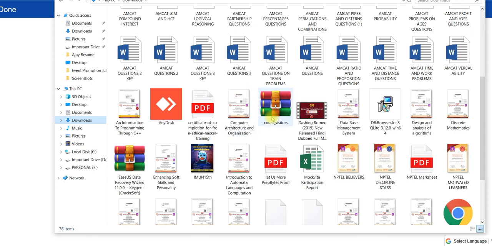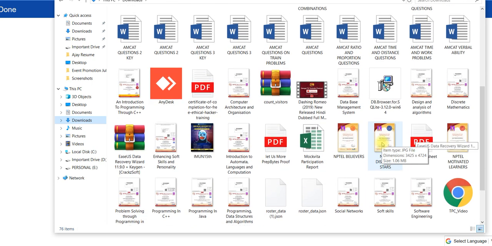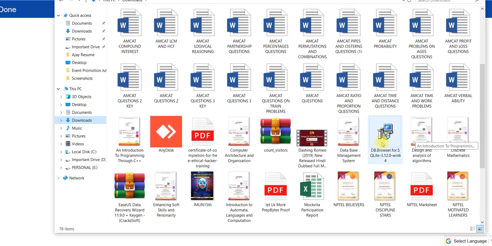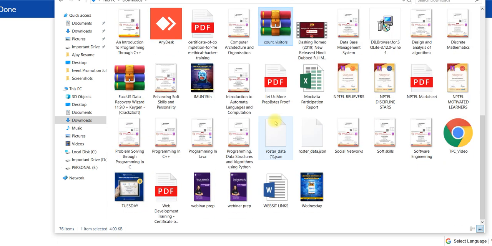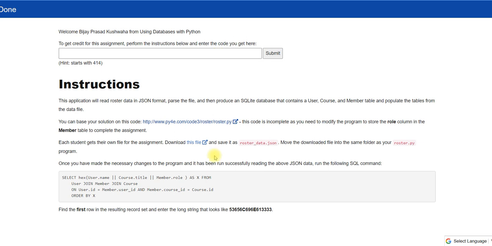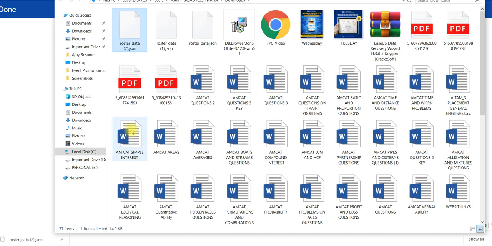So where did I keep it? Oh, sorry for that. Okay, here, count visitors more. Okay, let me download it. Okay, open in folder and roster data.